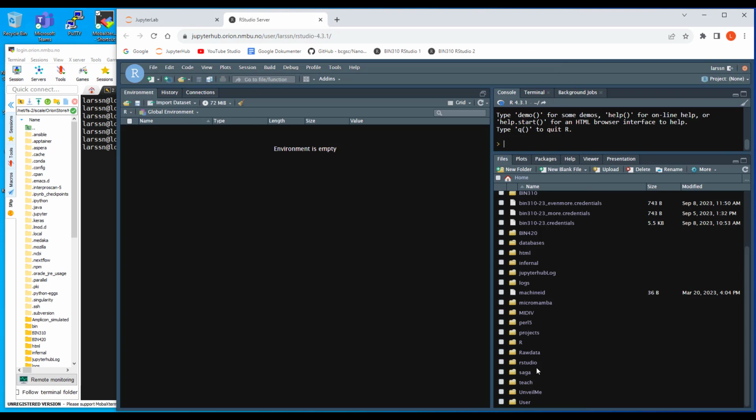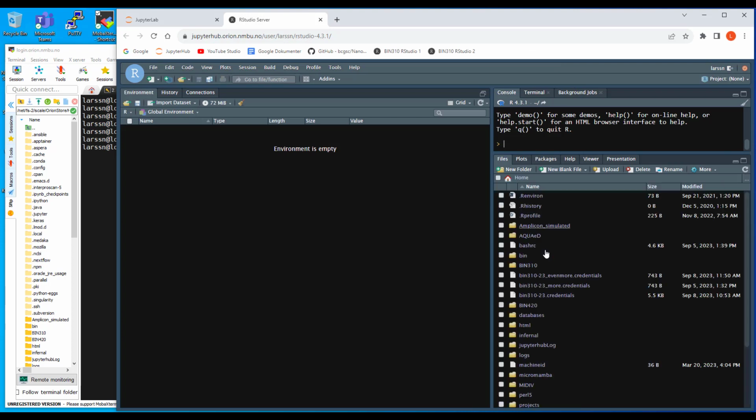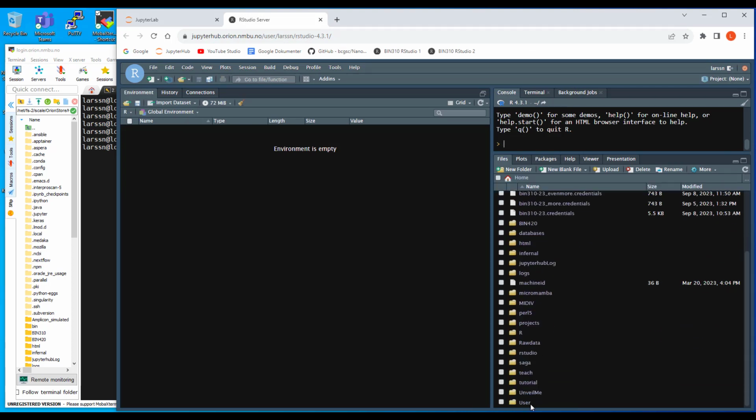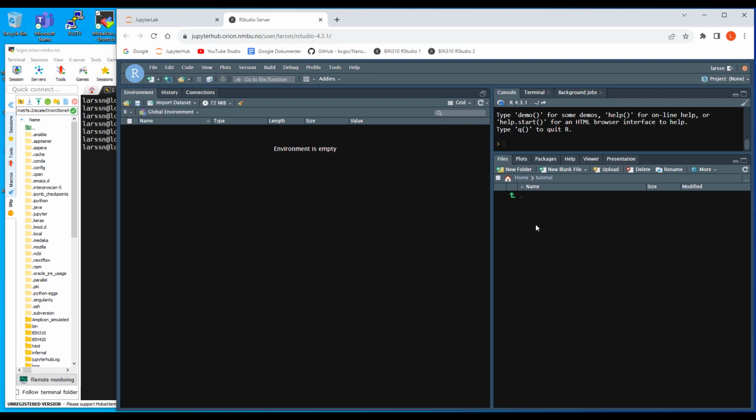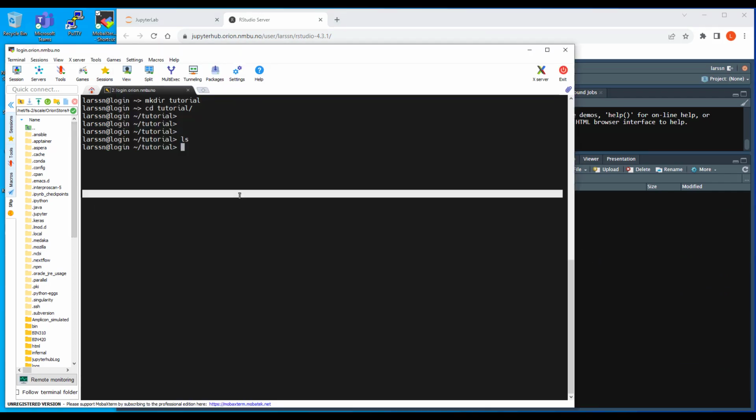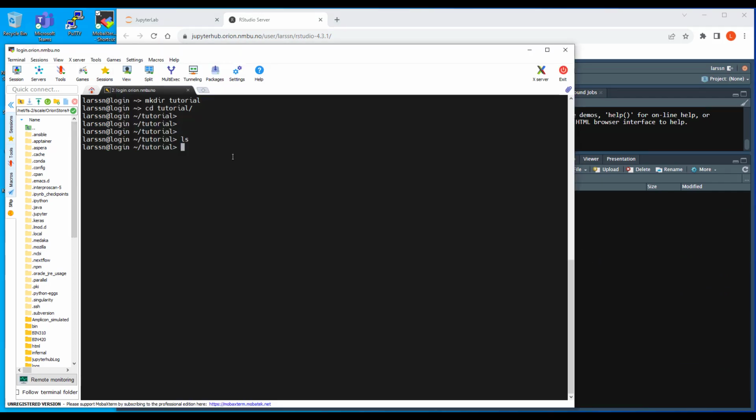In RStudio we also locate the same folder. I need to refresh here, tutorial, and there it is, empty. Okay, start by copying the demultiplex script from the folder under my home here on Orion, and that's this one, MNT users and my username. There is an address in that